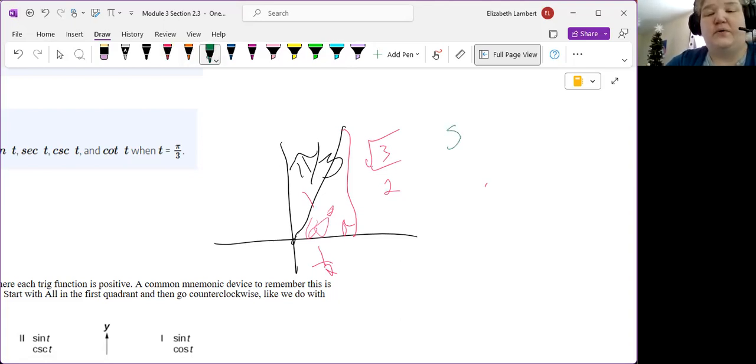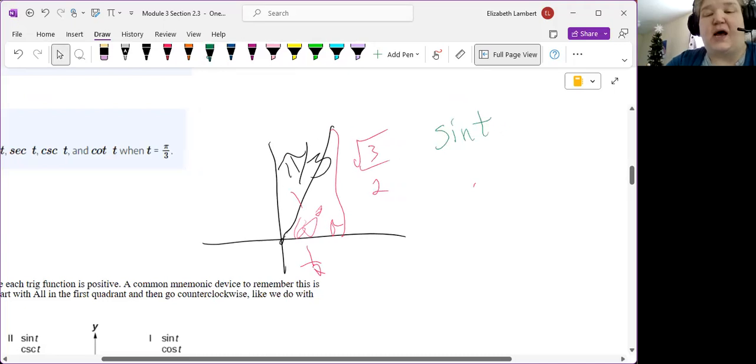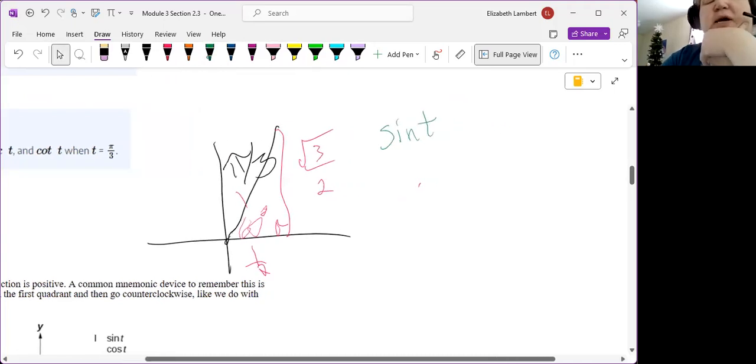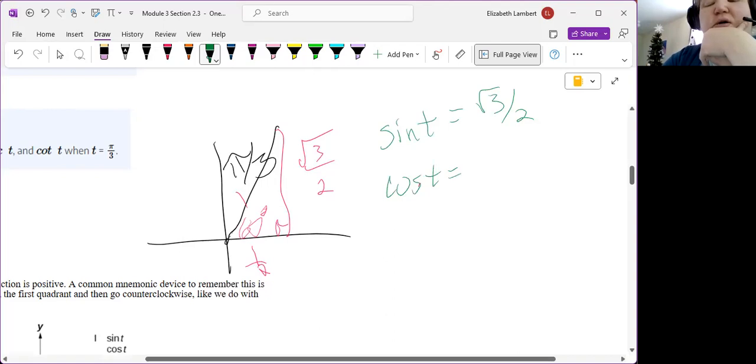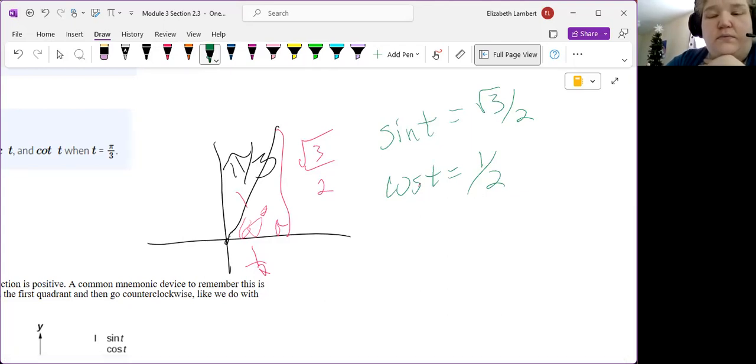So sine is opposite over hypotenuse, so sine is the square root of 3 over 2. Cosine is our horizontal, 1/2. Now tangent is square root of 3 over 2 over